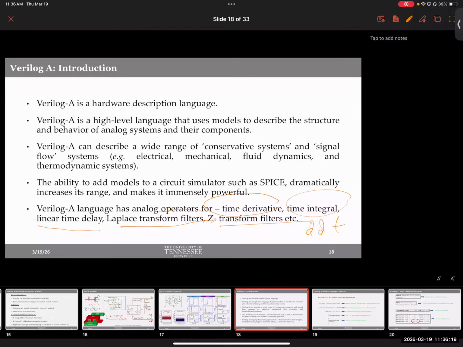It also has if-else condition, which you can use. Just imagine making a simple model for a device that we discussed. Remember in the last class, we talked about vanadium oxide that exhibits insulator metal transition. If you're trying to make a model in Verilog-A and you don't want to do anything fancy, like super basic, you could just say, if the voltage is below so-and-so, show this resistance. If the voltage is above so-and-so, show the other. You could just do an if-else type model, which is typically not done